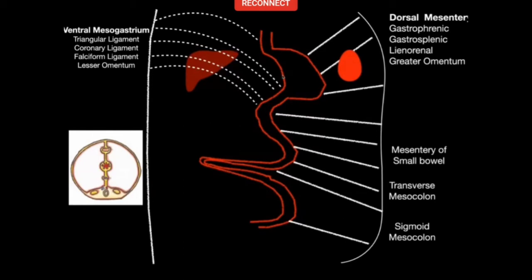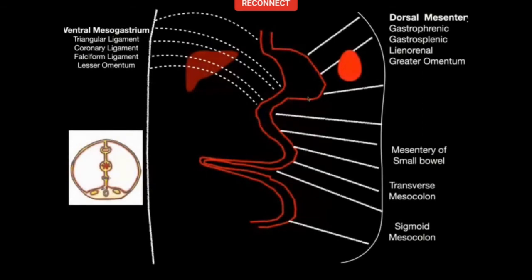In the ventral mesentery develops the liver and a few other organs like the gallbladder. So from the stomach, where it goes to the anterior abdominal wall, there is the ventral mesentery, and in the middle of that is the liver. Between the lesser curvature of the stomach and the liver, there is a mesentery which will become the lesser omentum. And these things will all become ligaments which fix the liver to the anterior abdominal wall. So there we are done with the ventral mesentery.